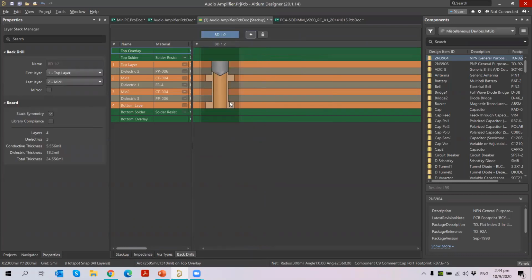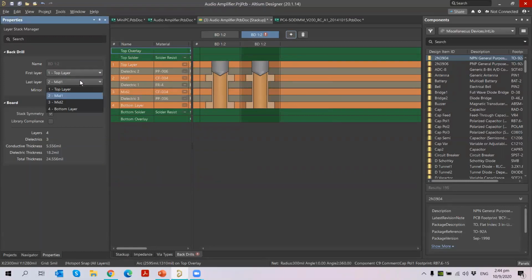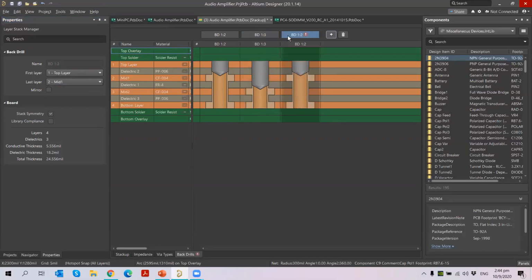So when you add in the back drill, it will automatically come first layer to second layer. So you can choose from here which layer to where you want to do back drilling. So first, by default I go with 1 to 2. Second one, I want to change it from first to third layer. Then the third one I want to do from bottom layer to inner layer, mid layer 2. Okay, so I'm just selecting some of the options which I can apply. So 1 to 2, 1 to 3, and 4 to 3. As I told you before, the back drilling can be applied either from the top side or from the bottom side.